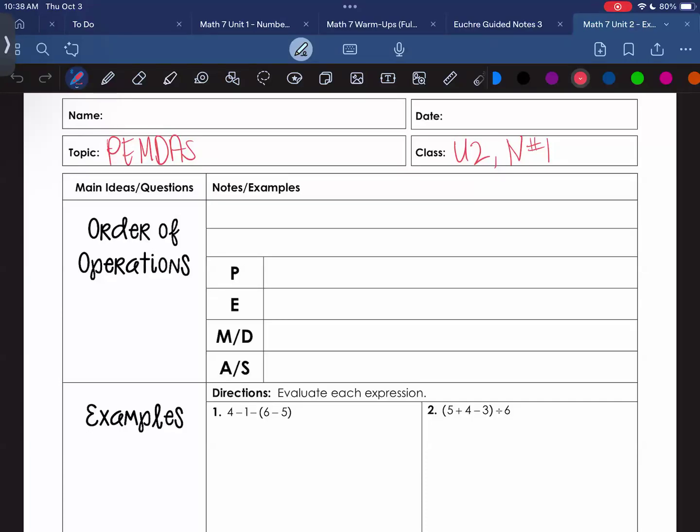All right, go ahead and label the topic PEMDAS, and then it is Unit 2, Notes number 1. So this should be review from last year, so we're going to quickly go through it. All right, order of operations, that's what you call PEMDAS, right? What you're used to calling it. The order of operations, that just means that there are specific rules that we follow